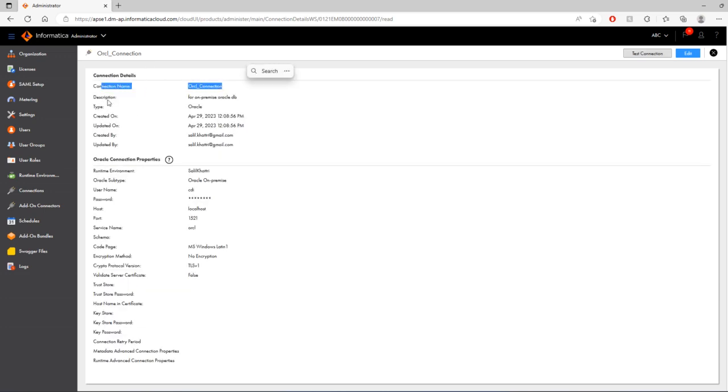We have to give the connection name, description we can give, type we chose Oracle, created by, runtime environment we have selected, Oracle subtype is on-premise, username we gave, password we gave, host we gave, then port and service name. Also we gave the code page. So all the mandatory options we have filled. And if you click on test connection,